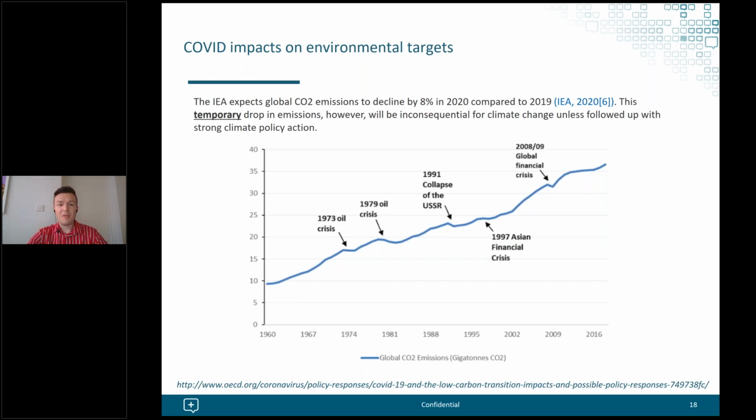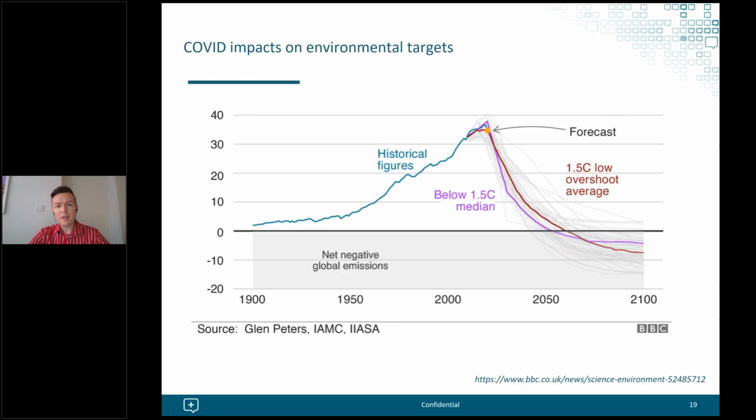When we talk to people about the impacts of COVID, often there can be a perception that COVID is just going to completely slash emissions and really reduce it because we're not traveling and everyone's at home. And actually, when you look at it in a global context, this graph here shows the forecast for where the 2020 emissions are estimated to be. And those emissions are in line with the 1.5 degrees scenarios. And so IPCC scenarios for where the world needs to move in terms of emissions reductions, we're right on track.